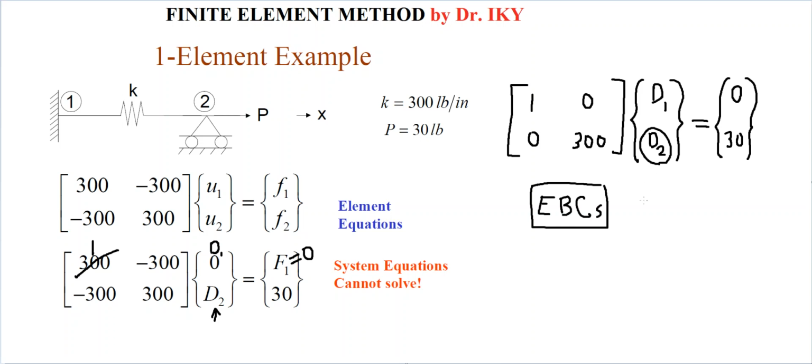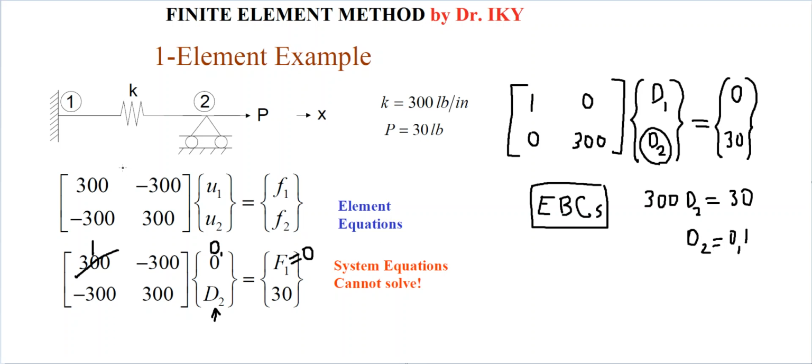And when you change this equation, do you understand? After this one, we have got 300 D2 is equal to 30, so we will have a value of